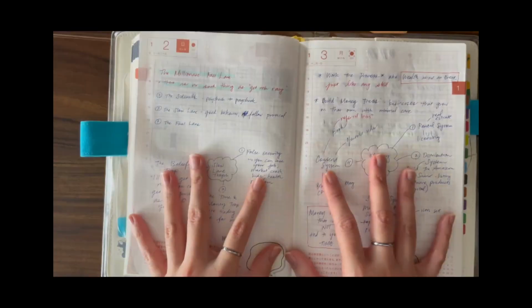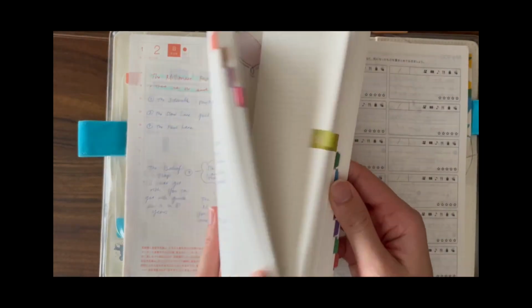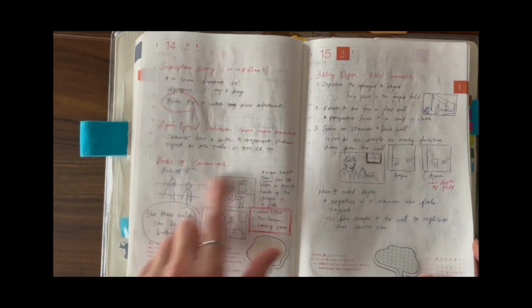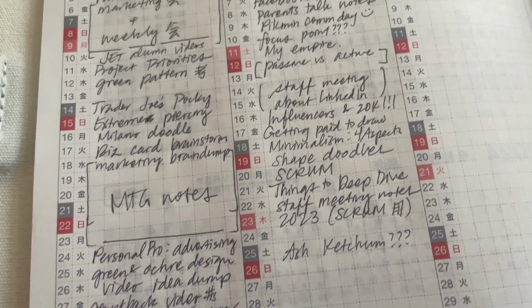The dailies. So just like last year, for the dailies, I ignore the date on the page and use the pages in sequential order rather than calendar order. This approach is meant to minimize the amount of blank pages in between entries, since there's some days I don't write anything. On the flip side, there have been occasions in the past where I'm in a meeting where I should take notes,